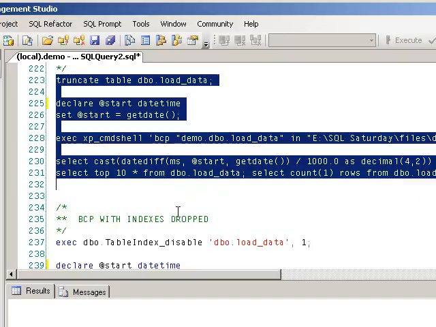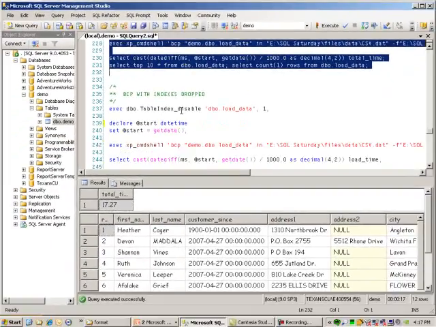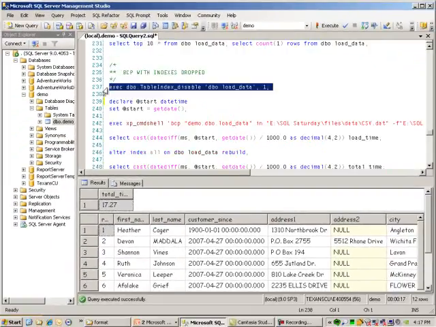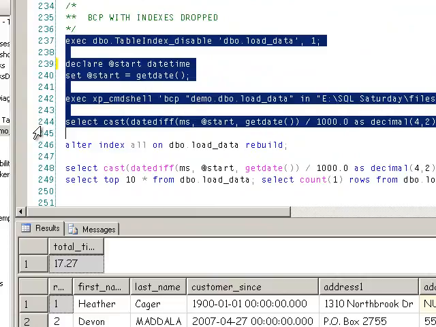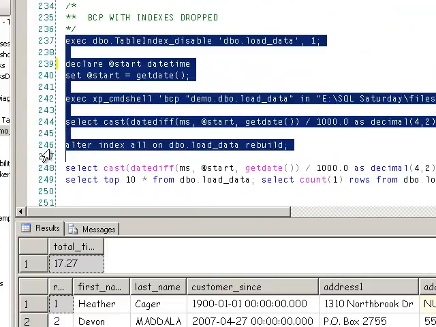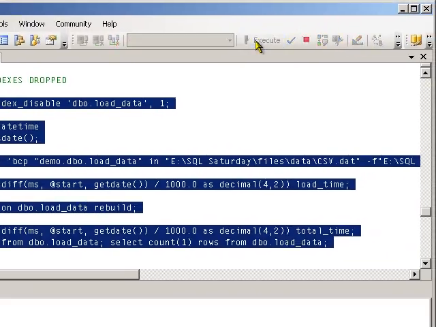So we're going from roughly 4 seconds to 17 seconds. So what happens if I try and disable the indexes while I'm loading? So that runs that little table index disabler. We've got to rebuild the indexes, so I don't want to count the load time against it, but the total time should be comparable